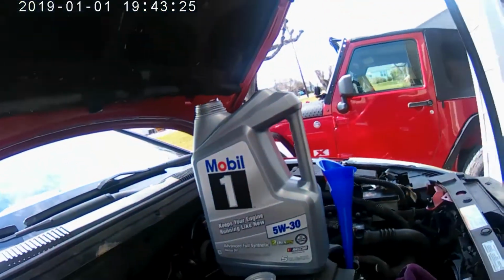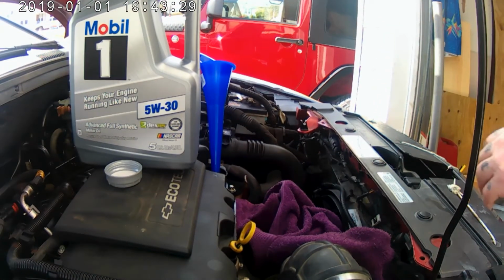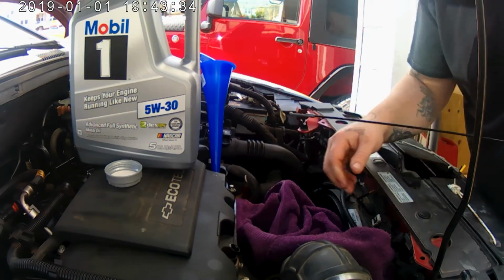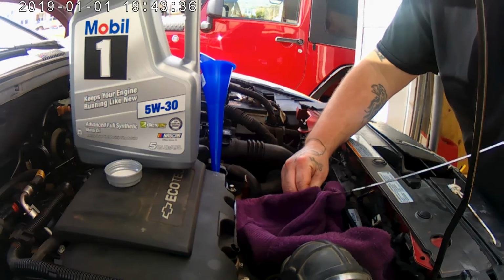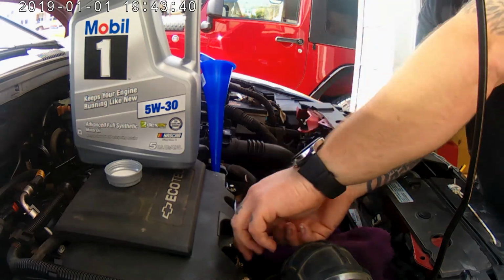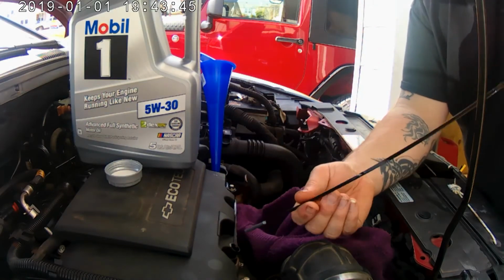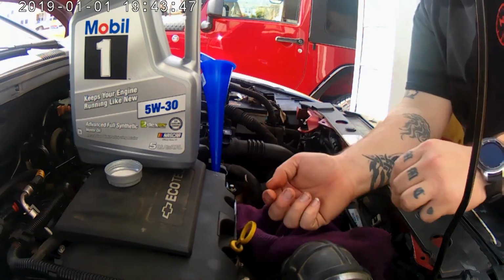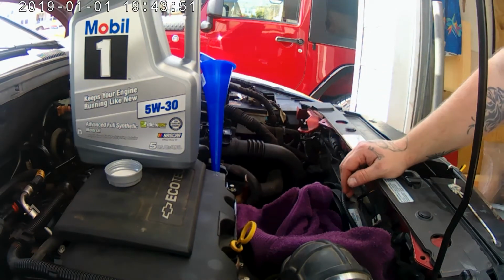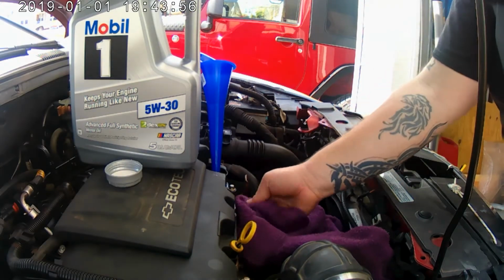So we'll check the dipstick one more time. Yeah, we're reading pretty good now. Sucks that I spilled it all over the manifold like that. The plus side, though, is it's 1:30 in the afternoon, and he doesn't get off work until 4, so a lot of this will drip off of it. I mean, it's still going to smoke and stink, but